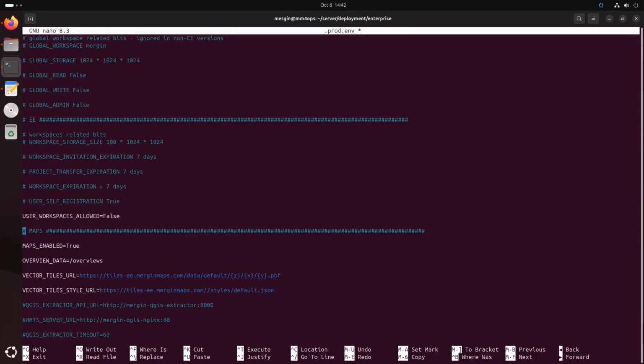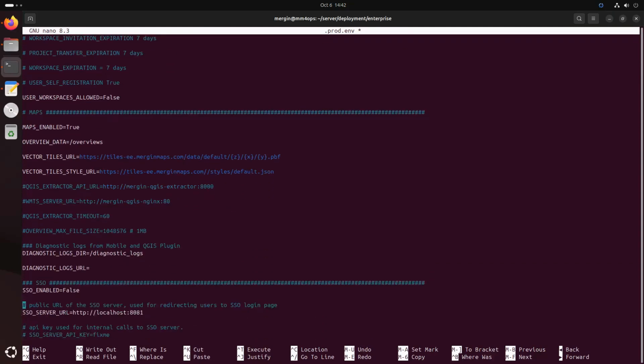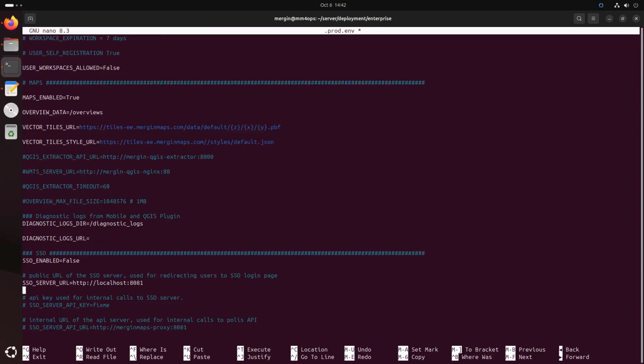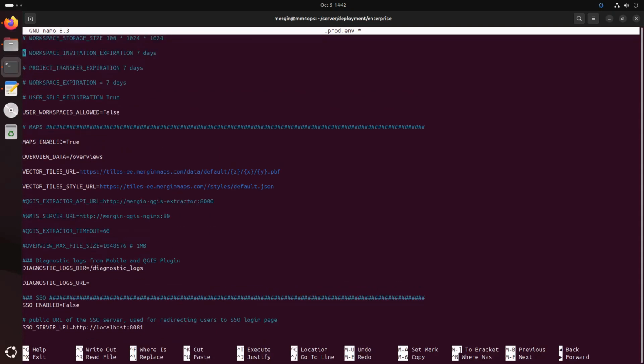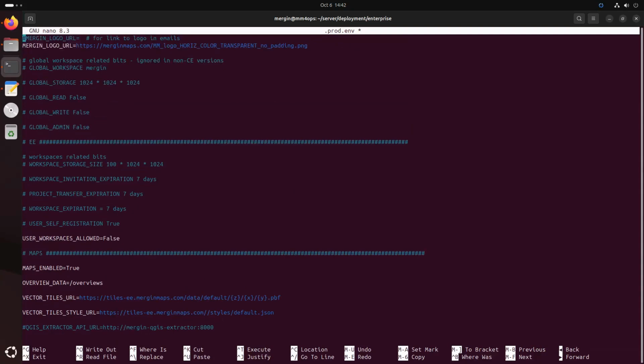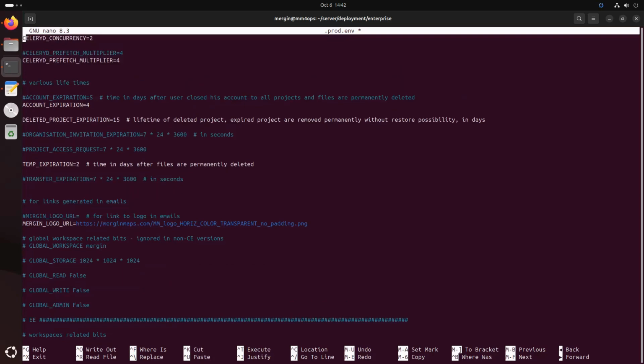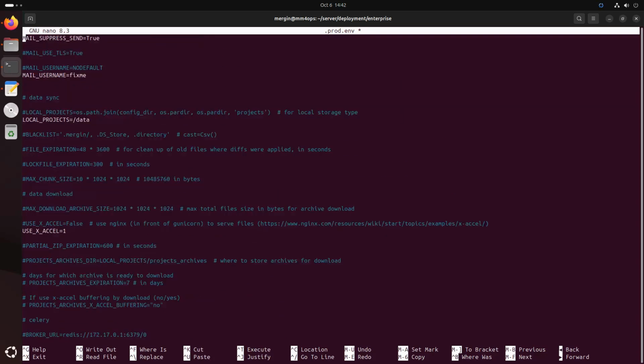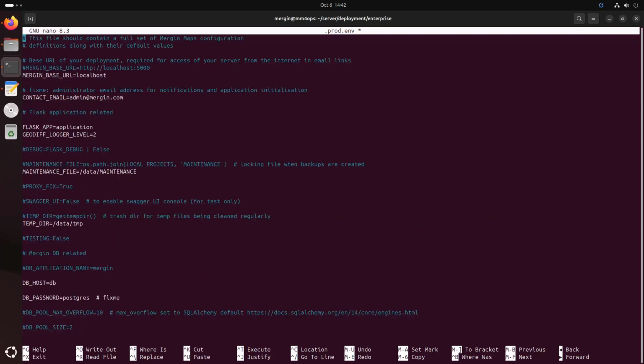Later we will talk about maps on the Mergin Maps platform, the enablement, and we will talk shortly about SSO, which is also available for the Enterprise Edition Mergin Maps platform. So now I will save this file and we are ready to perform our first test deployment. Let me change